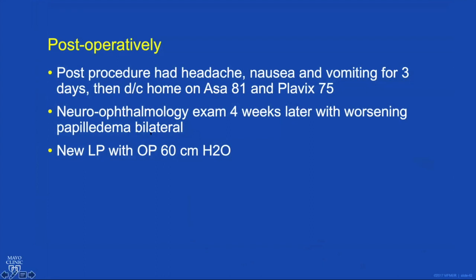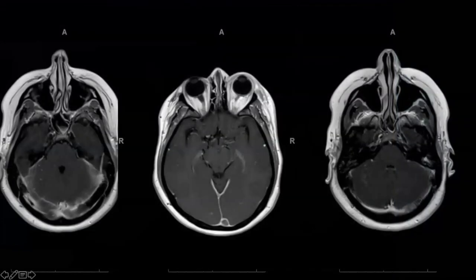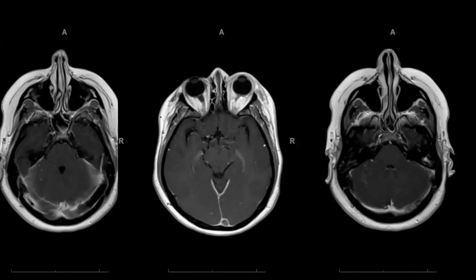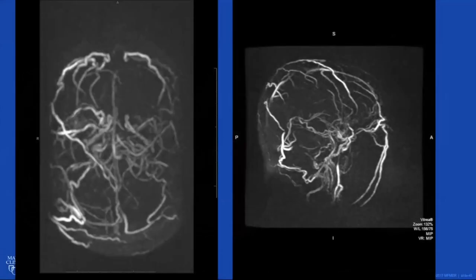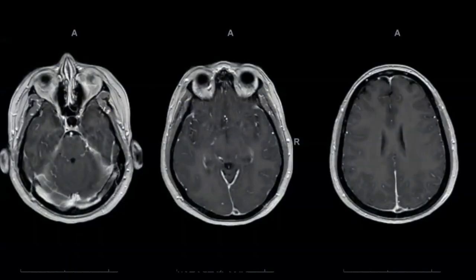But then 4 weeks later, the patient had, again, worsening papilledema, higher opening pressure of 60 centimeters of water. And you can see here that there was extensive bilateral dural venous sinus thrombosis. Basically the whole venous system was rerouting and draining through the cavernous sinus and the facial veins. So that patient was started on heparin, was restarted on Diamox,